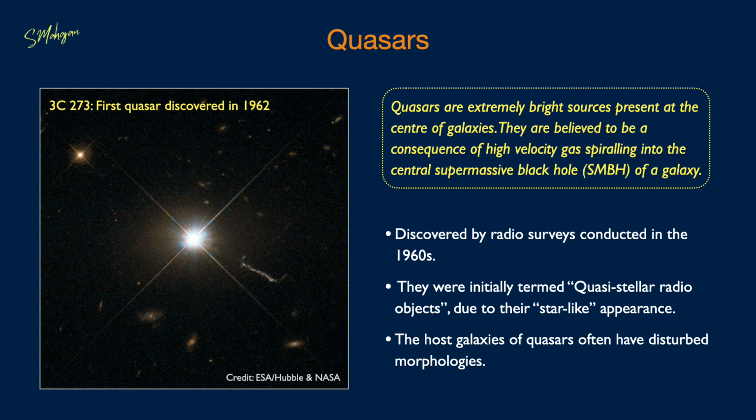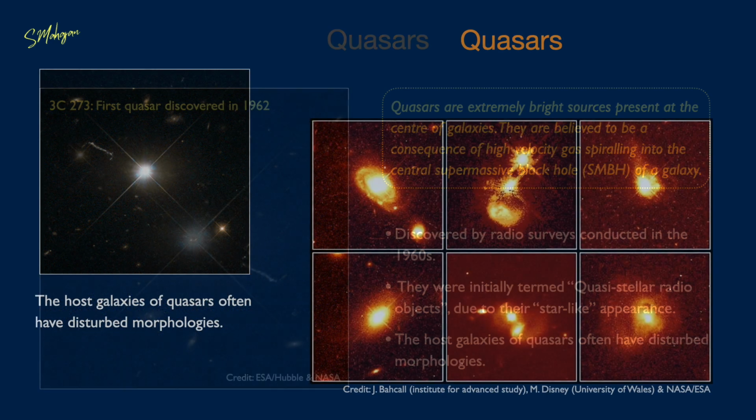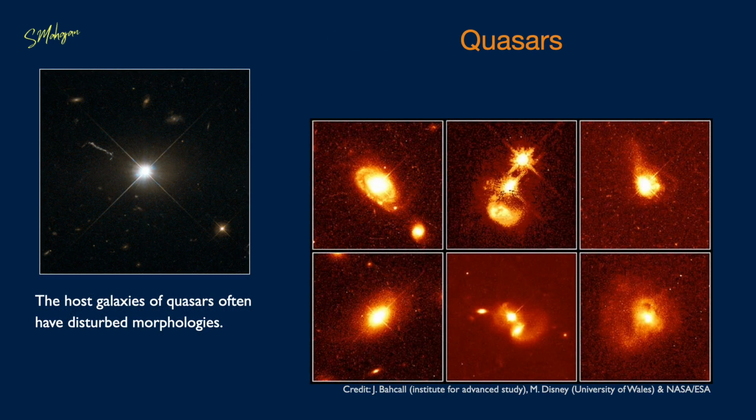Quasars are believed to be a consequence of high-velocity gas spiraling into the central supermassive black hole of the host galaxy. The host galaxies of quasars often have disturbed morphology as shown in these examples. The faint disk of the galaxy surrounding a very bright nucleus shows up on the images with very long exposures. To get an idea, picture the fact that a typical quasar has a luminosity of around 5 × 10^39 watts, which is approximately 100,000 times brighter than the total power of a large galaxy like the